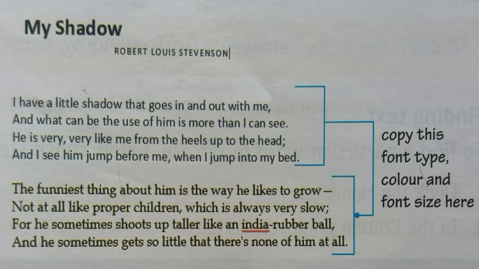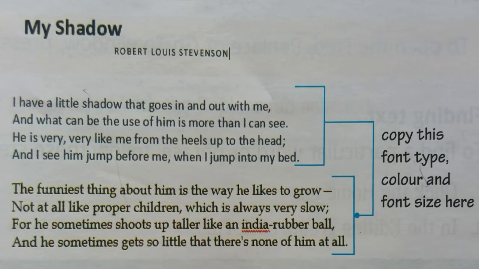Format Painter. The Format Painter feature in MS Word is used to copy formatting from one part of the document to another. The poem has been typed on MS Word. The first stanza of the poem has a specific font type, color and size. The font type, size and color are together called format. To apply the same format to the second paragraph, we can use the Format Painter tool.